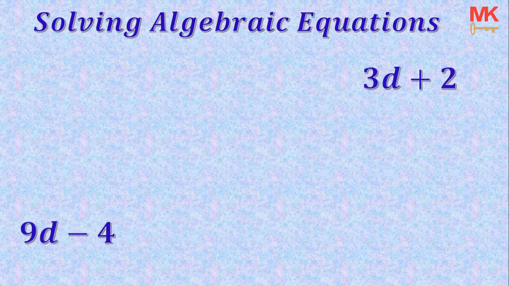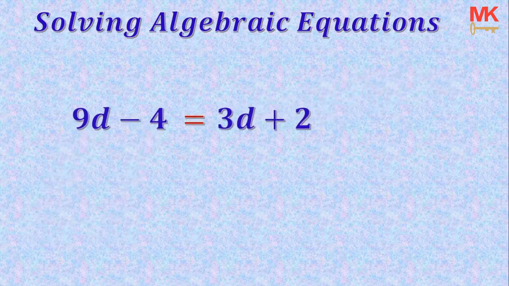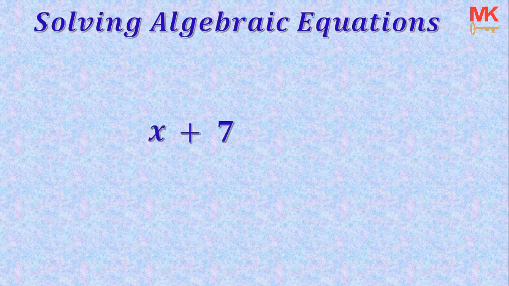expressions. Similarly, we can have 9d minus 4 and 3d plus 2. We can also form an equation from these two expressions by joining both together with the equality symbol. So 9d minus 4 being equal to 3d plus 2 is another algebraic equation because of the equality symbol between these two expressions. Now, looking at our former example, x plus 7 equals 10, here is a big question for